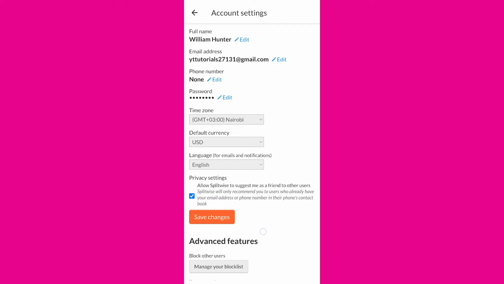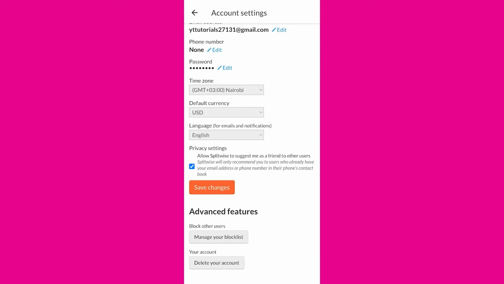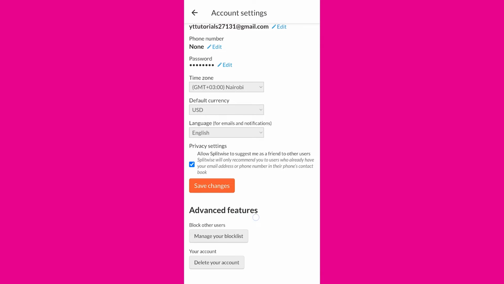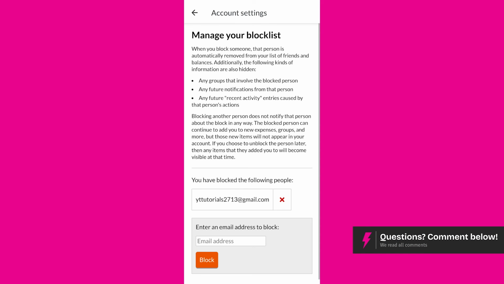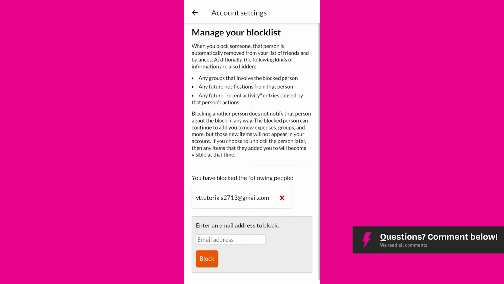Now what I want you to do is scroll down and then you'll see advanced features, and we have this option that says manage your block list. I want you to just tap on manage your block list right here, and you'll be able to see the